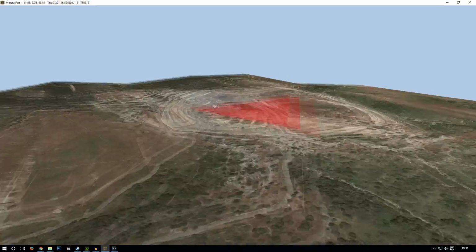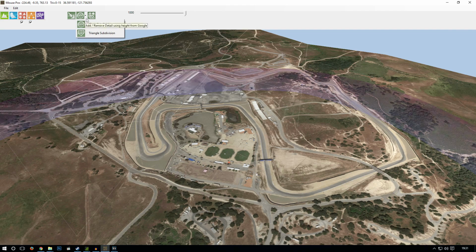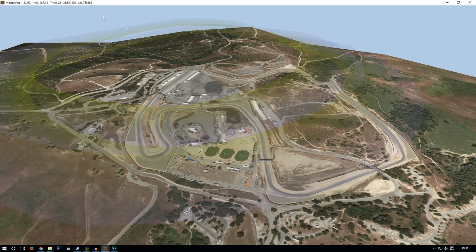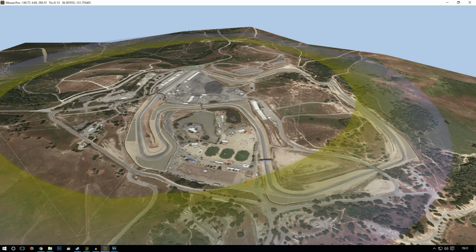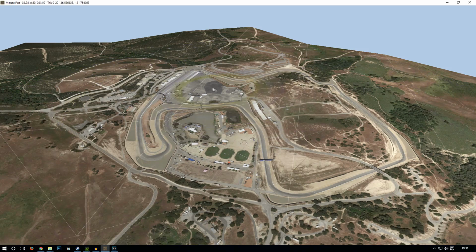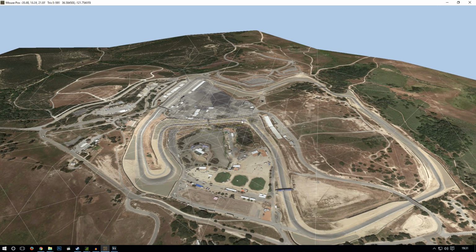So to add more detail into the mesh, we need to use the circle subdivision tool. All this is under the edit terrain tool set, by the way. Now we can use the control key and move our mouse to change the size of the circle that we're going to be using, and the smaller the circle, the smaller the polygons will be. So we just click and drag,